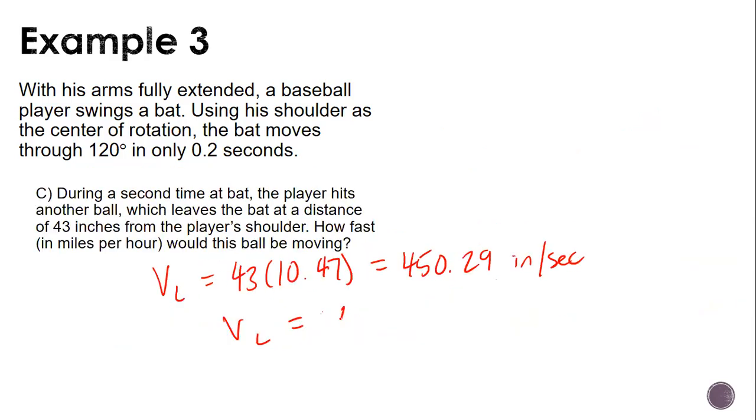So to get it, you should have had 450.29 times 3,600, and then divided by, what was the bottom? 12 times 5,280. And we're looking at approximately